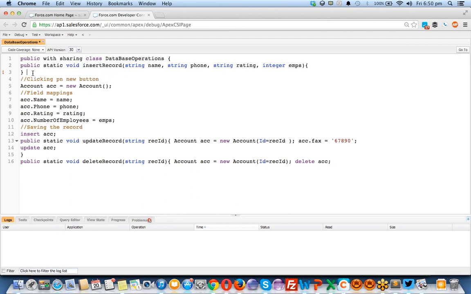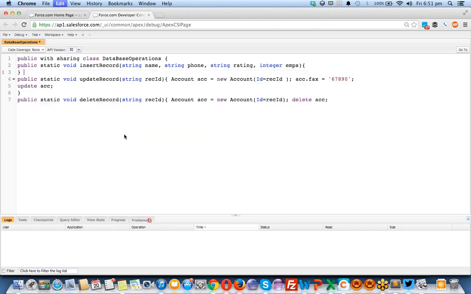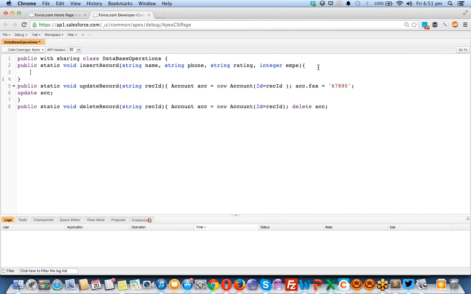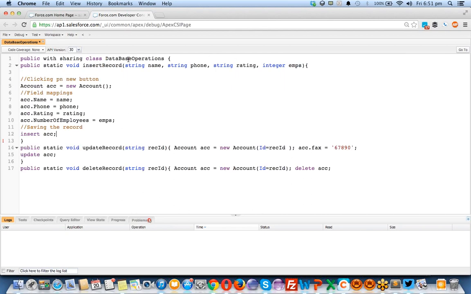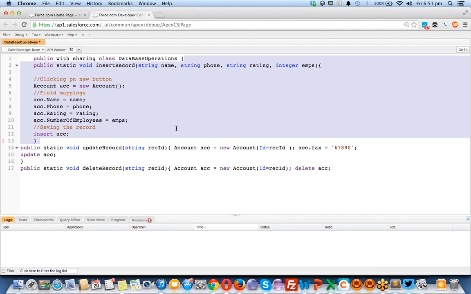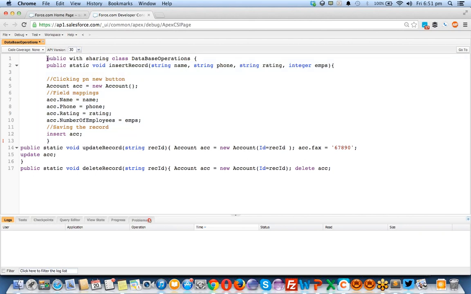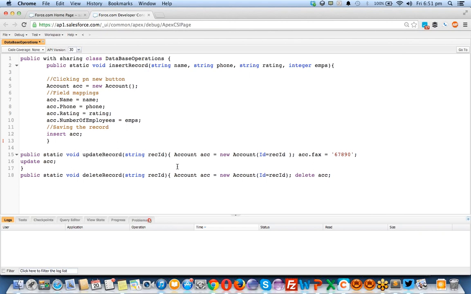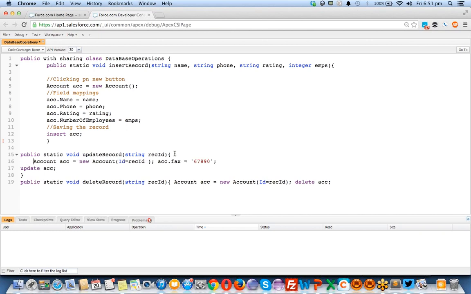So I have to put down this complete code, till insert account, into this method. This is what it's doing, right? So I have the insert code inside the insert method now. So I can indent it like this. Indentation you can do. And I do have one more, update record. That's perfect. That's going good.